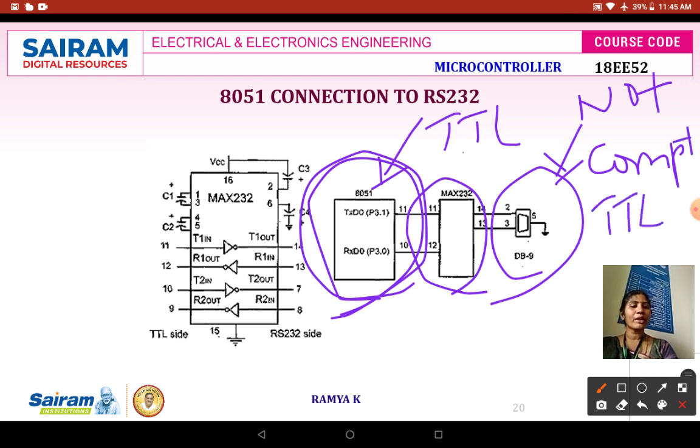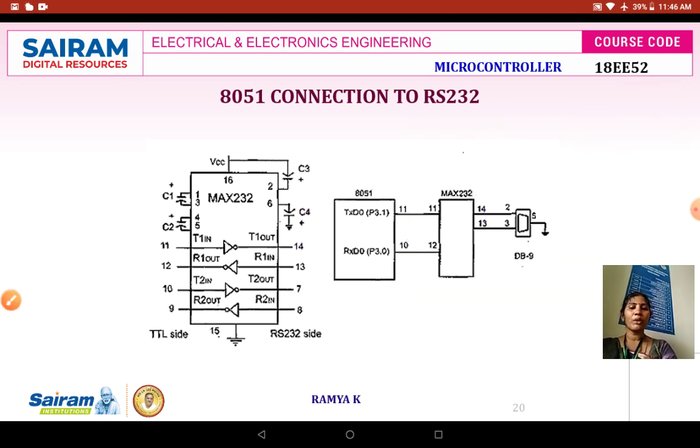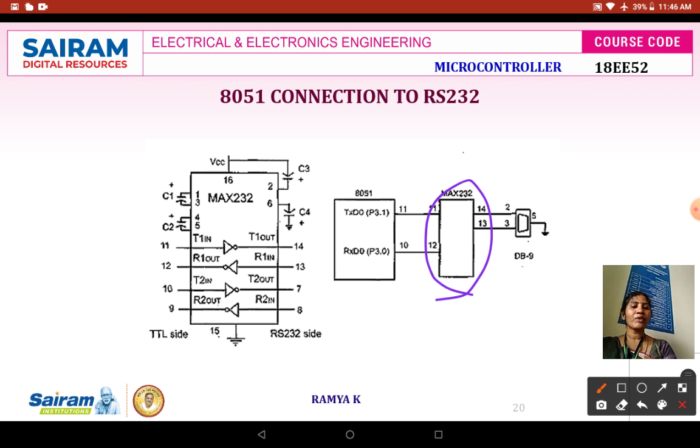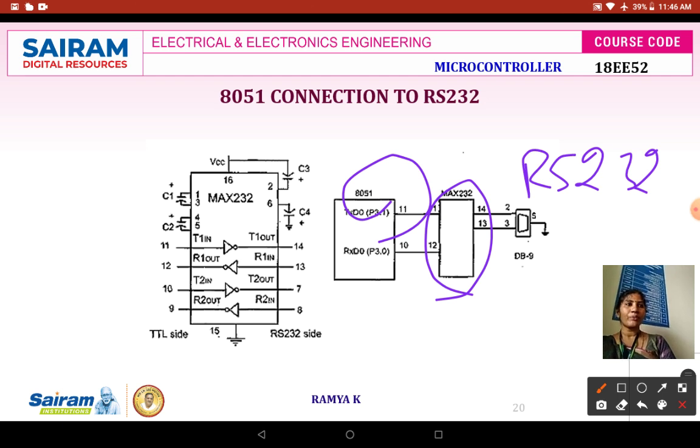To make it compatible, only then can the synchronization happen between these two things, right? Then only you can transmit or receive any data without any loss in data. So we need to connect the chip called MAX232 as an interface between your RS-232 and 8051 microcontroller.